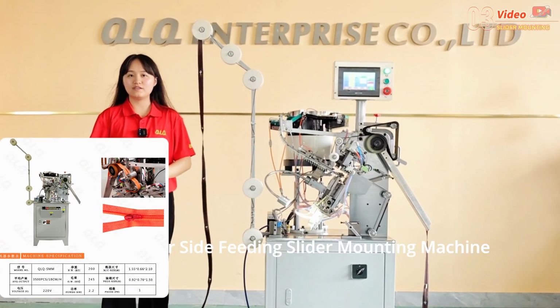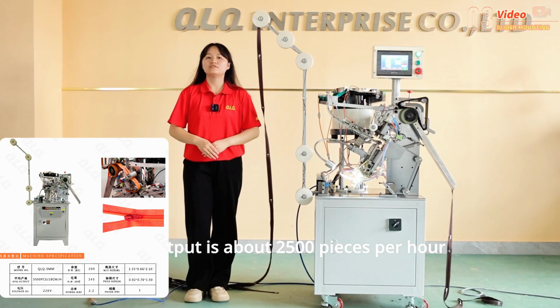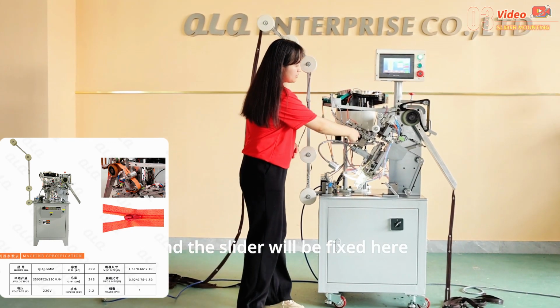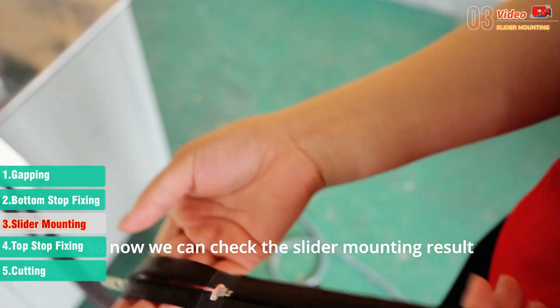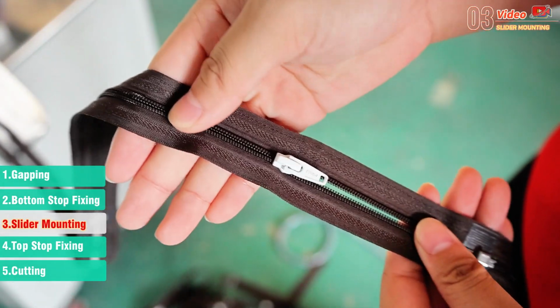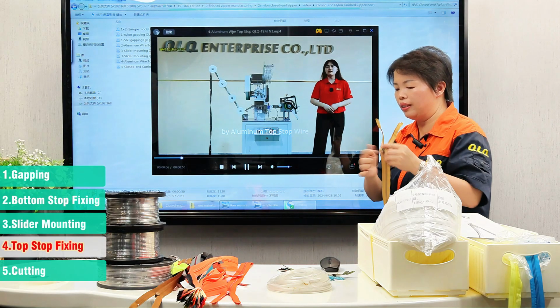Slider mounting. Automatic nylon zipper slider mounting machine. The output is about 2,500 pieces per hour. And the slider will be fitted here. So now we can check the slider mounting result. You can see the slider mounting is very good. After mounting the slider,